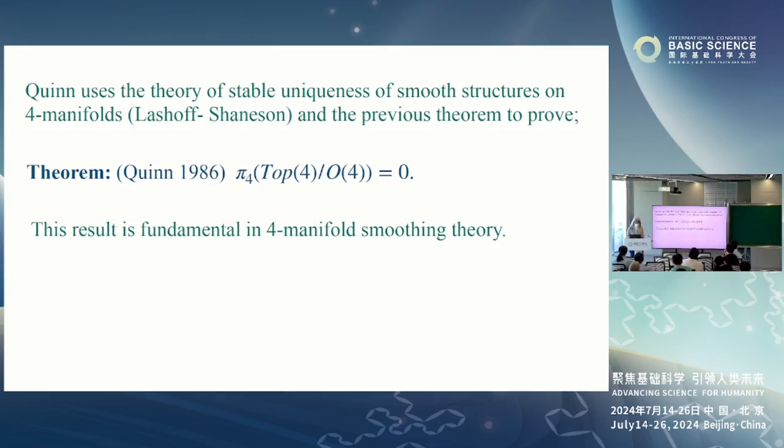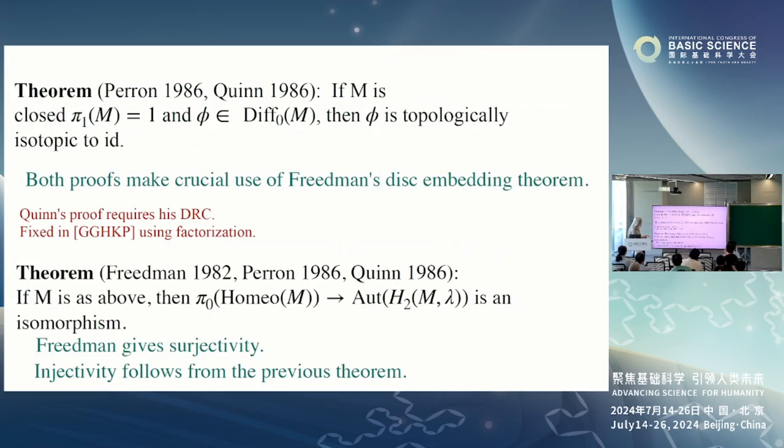And this stable pseudo-isotopy theorem enables, assuming that Quinn was able to prove this, that the group π_0 of Top(4) modulo O(4) is equal to 0, which is a fundamental theorem in smooth 4-manifold smoothing theory. Okay, right. But before giving this survey, this talk, I should mention this